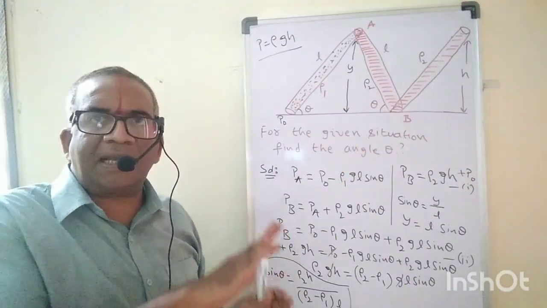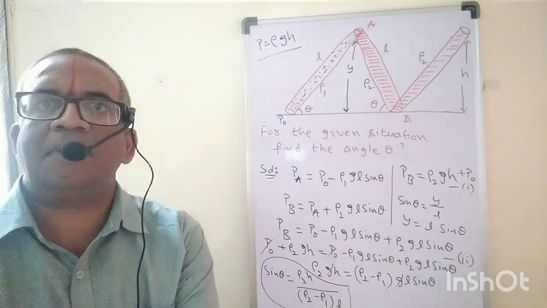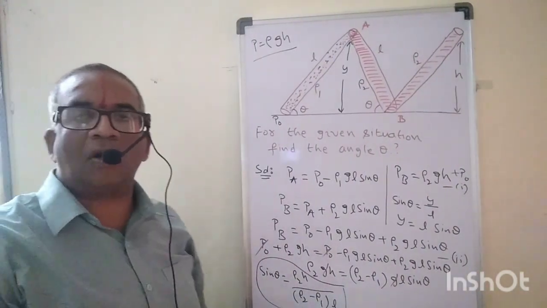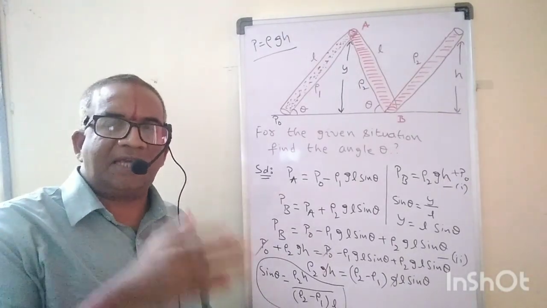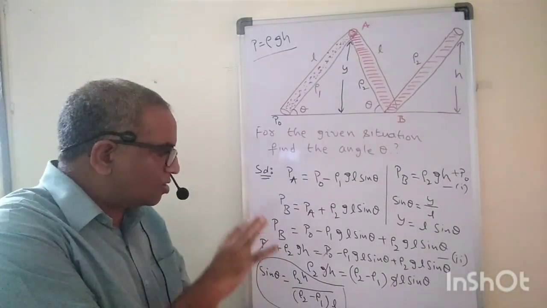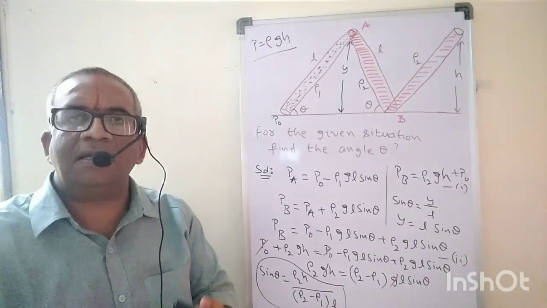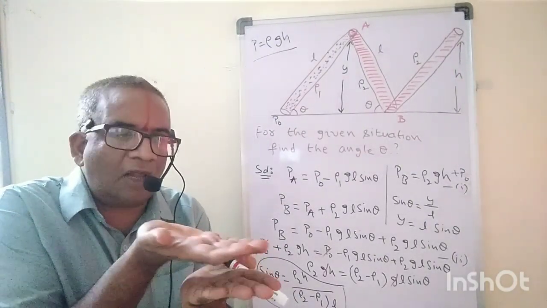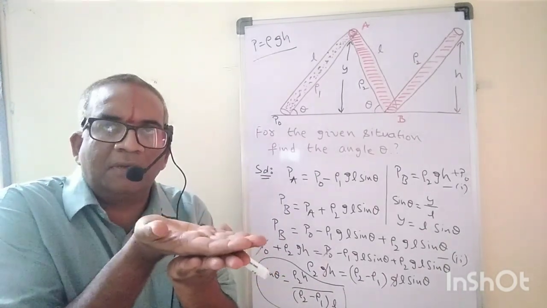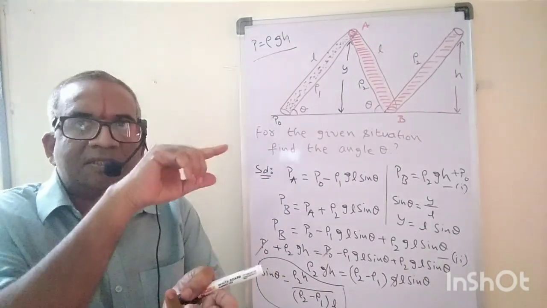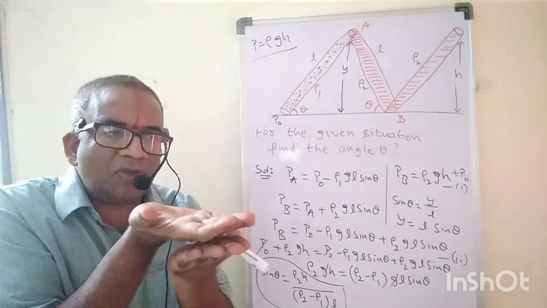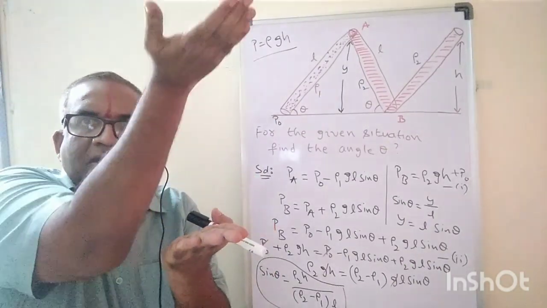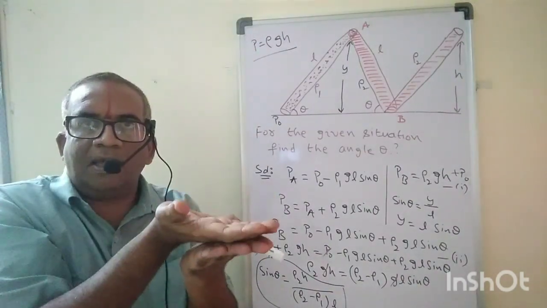So the same technique we are going to apply in the next problem that I am going to discuss. There is only one technique here. What is the technique? You should always measure from the bottom. We will take the reference point as top, that is different, but usually we take one reference line. From there we should see what the height is. What is the height there?